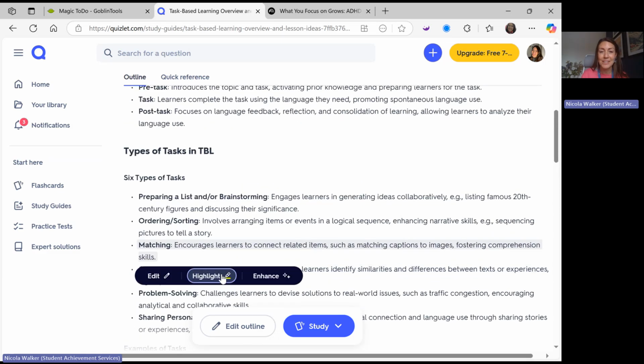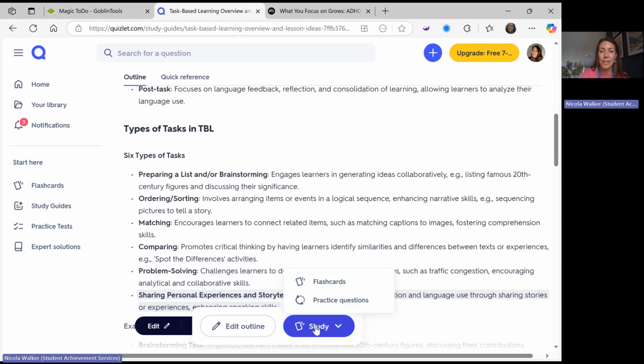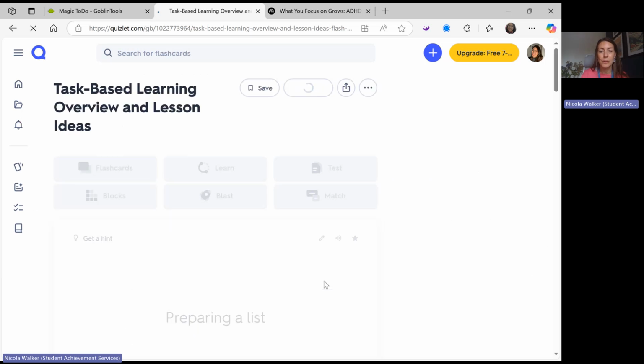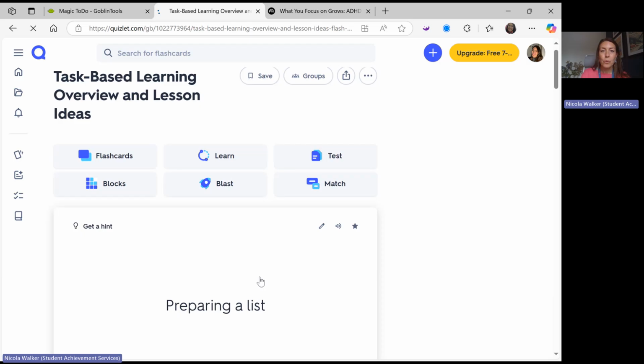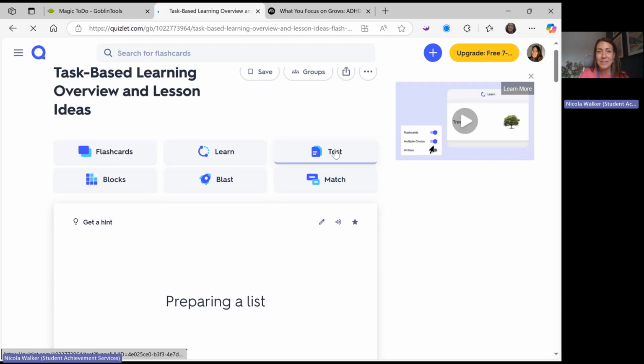You can highlight it, etc. If I go to study and maybe let's go to flashcards. Okay, so here we've got all sorts of games. There's even something like Space Raiders, a blasting game, matching game, tests, all sorts of different ways to learn that can just make memorization of terminology